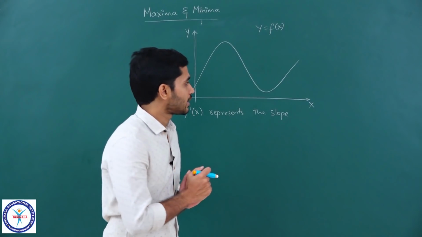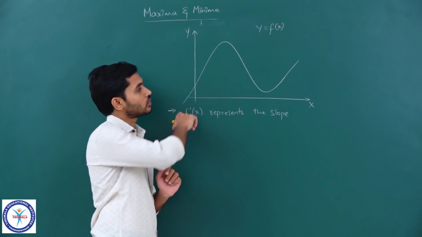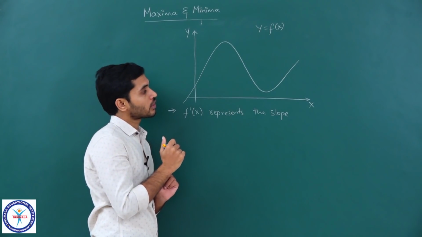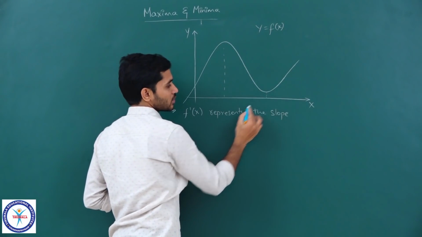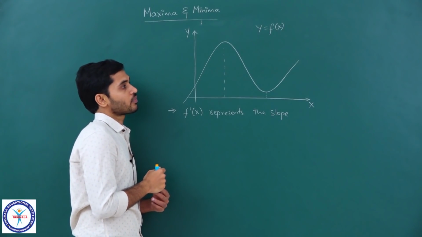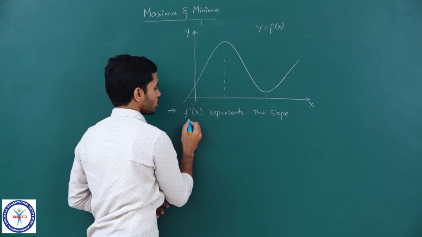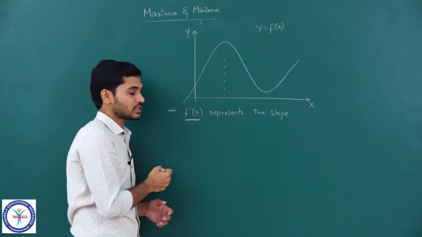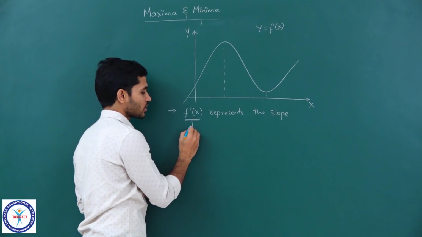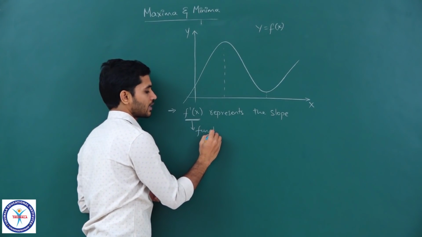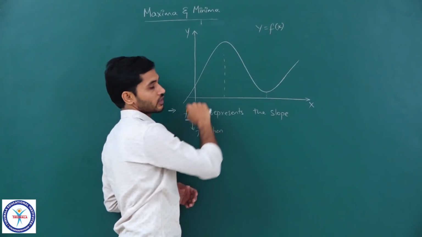So, students, let us see how to identify which is maxima, which is minima. So, I have taken the similar function y is equal to f of x, right. So, we clearly know that in this case this is maxima, the local maxima, and this is minima. So, how to mathematically understand it? Okay. So, if I have a function y is equal to f of x, we know that f dash of x represents the slope. So, f dash of x is also a function, keep that in mind, and that function gives us the variation of slope of f of x, correct?